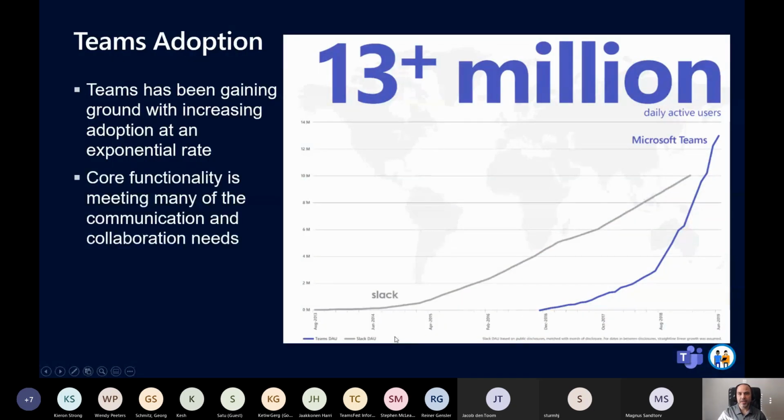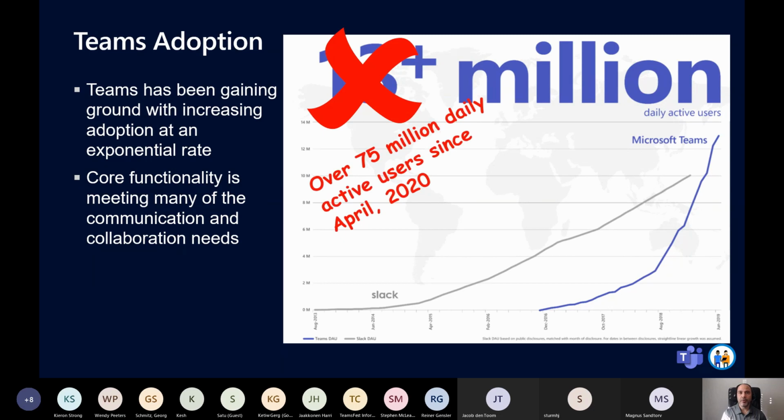Now, when we look at Microsoft Teams, this chart is a bit old. It's just over a year old, but as soon as Microsoft Teams started rolling out, it just exploded in usability. As of June 2019, there were over 13 million users per day on the system. And this has literally blown up in the last 6 months or so since COVID. It's almost a year now since COVID-19 started, and we've seen a surge to as much as 75 million daily users using Microsoft Teams.